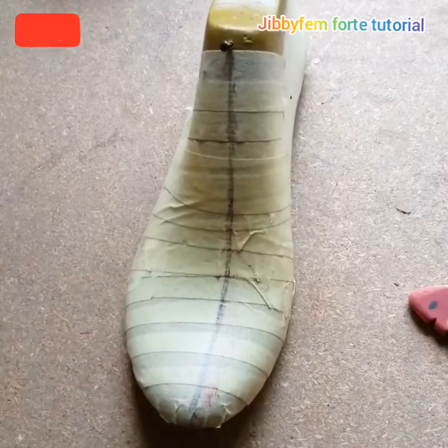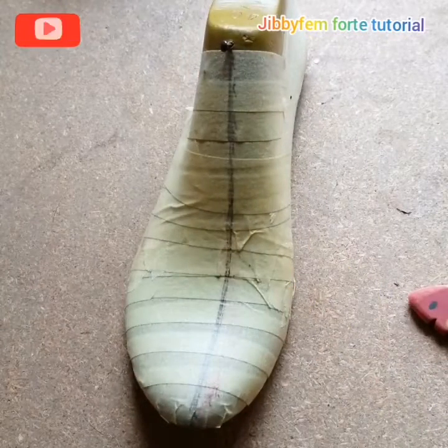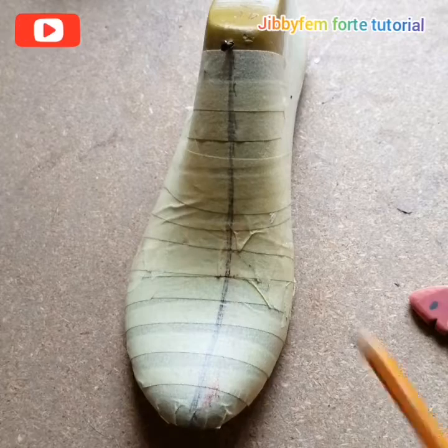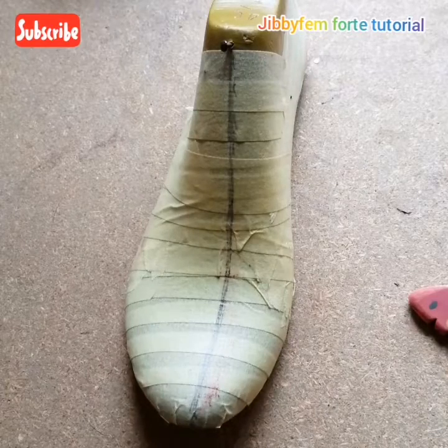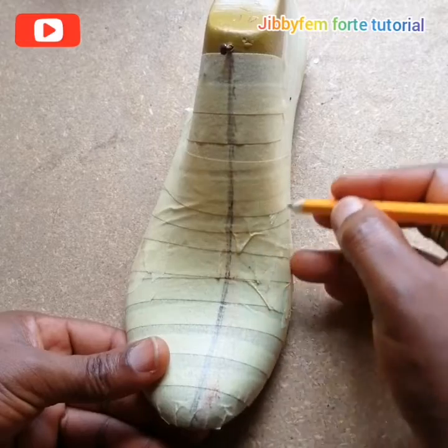Most times this side of our leg is always wider than this side. As we know, it's always wider. But then, as you can see, this is our center point. You have to locate the center point in your leg. This side is actually very important. If you're going to draw anything around this place,